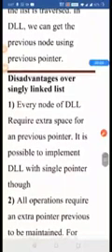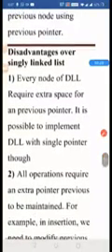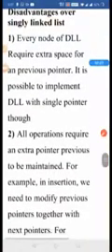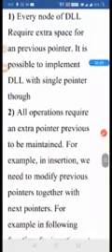Now, what are the disadvantages? Those were the advantages of DLL. The disadvantages are that every node of DLL requires extra space, because it contains next as well as previous pointer. So extra memory space is required in DLL. All operations require an extra previous pointer to be maintained.